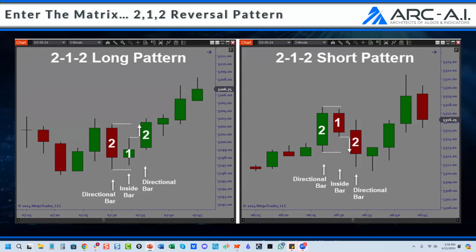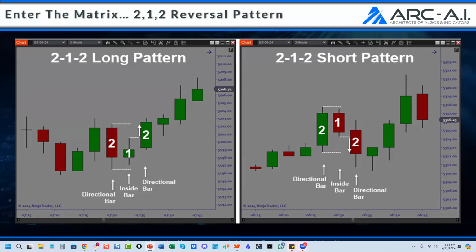That's the thing. You won't even know that this is happening because you're not paying attention to the sequence of the math or the sequence of the pattern, because this isn't dojis. This isn't like shooting stars or engulfings. This is literally mathematical sequences of multiple bars. You have to have the combinations, which is what makes it different. This is what makes it mathematical. You have to have the outside bar, the inside bar, the directional bars, and how they play a factor to each other. And this is where we went into the abyss, right? This one here is a 2-1-2 pattern. And I'm here to tell you, you don't even know what's happening until you put numbers on it. You're like, wow, okay, now I see it, right?